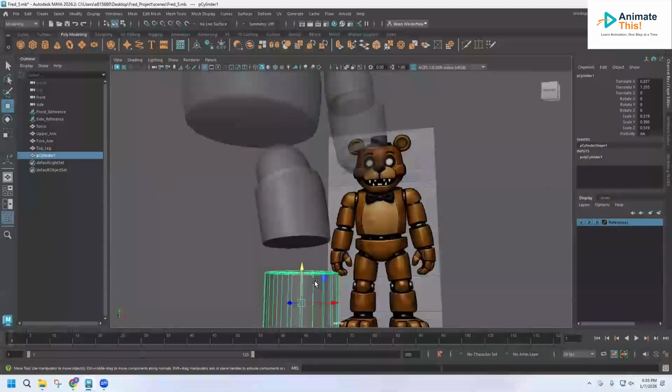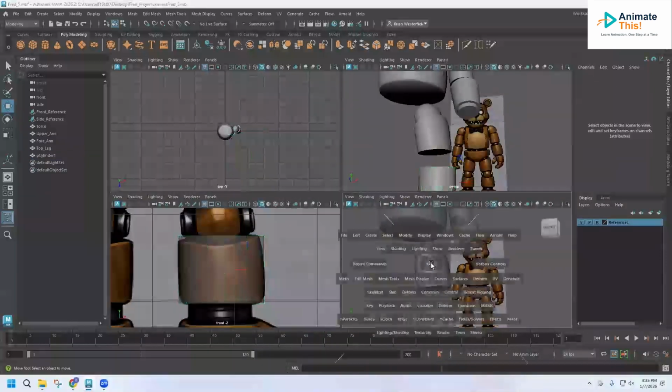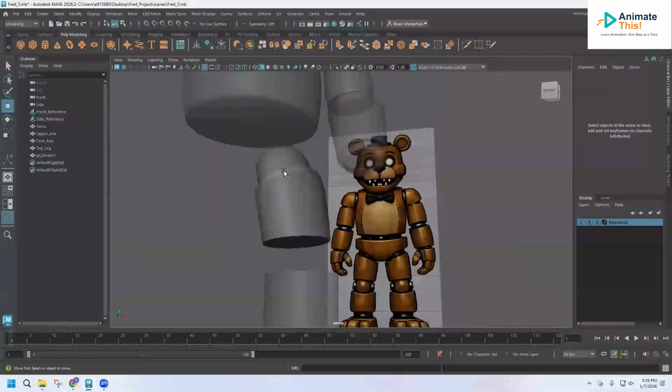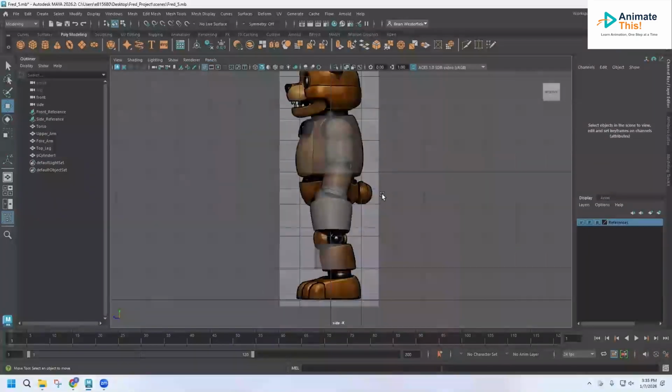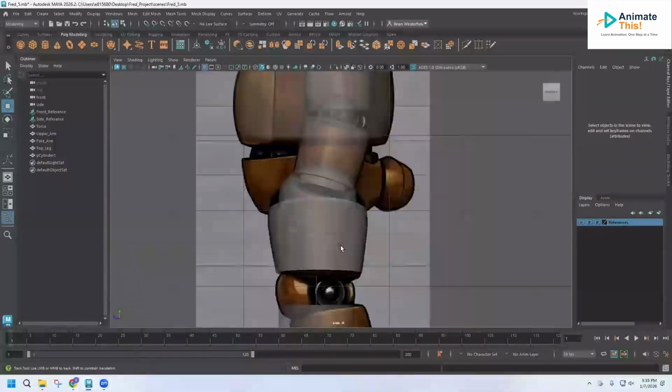Oops, no, darn it. If you accidentally mess up your view, just go to panels, orthographic side to put it back. I accidentally held the wrong button. Now I'll go back to side view,